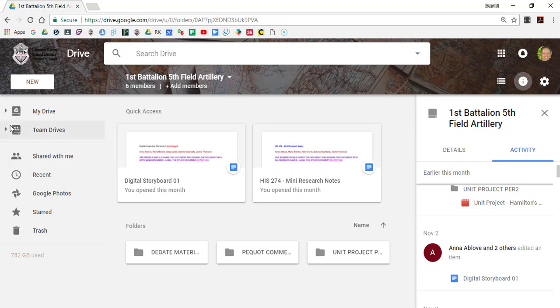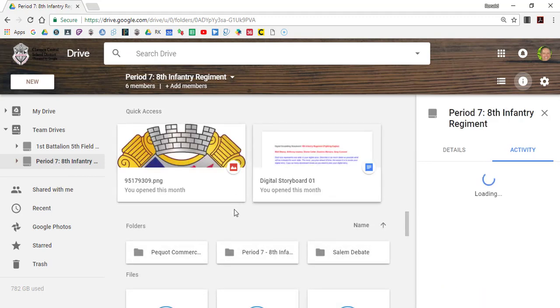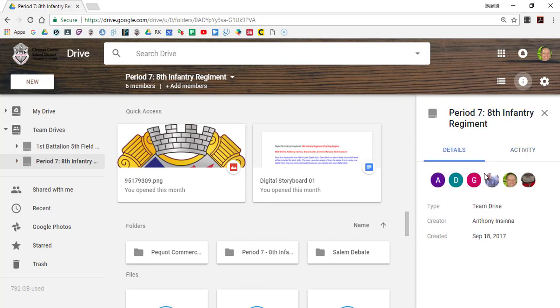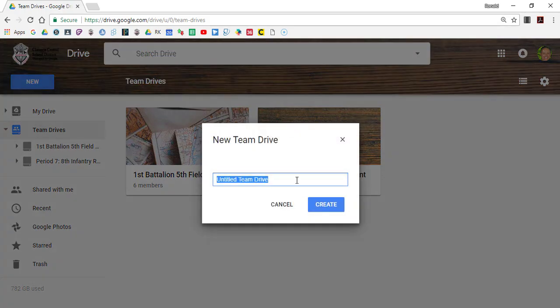Okay, so I can get out of there, go back to my team drives. There's another team drive. It shows you they've organized their stuff into folders. They have some recordings down here for projects, and it gives you the details of who's in the particular group, and that's really nice. Okay, so again, if I go to team drives, I can click new, and I can make a new team drive. Now, this might be something you want to do with colleagues. Maybe you're all working on the same course together, and this might be a nice place where you can now